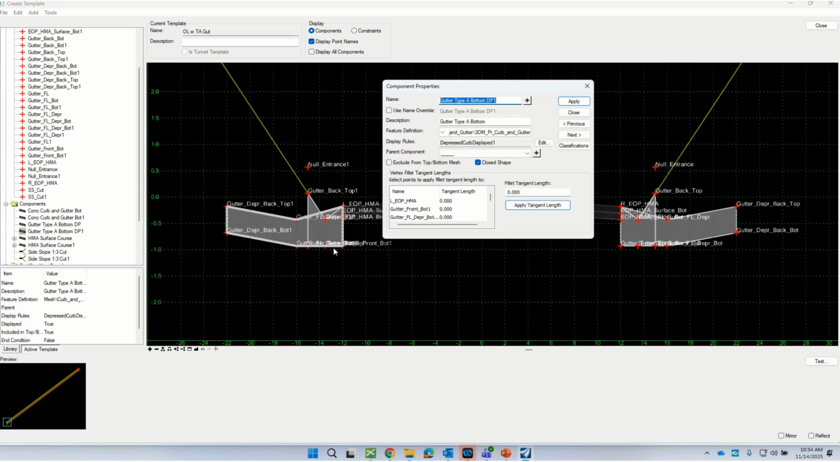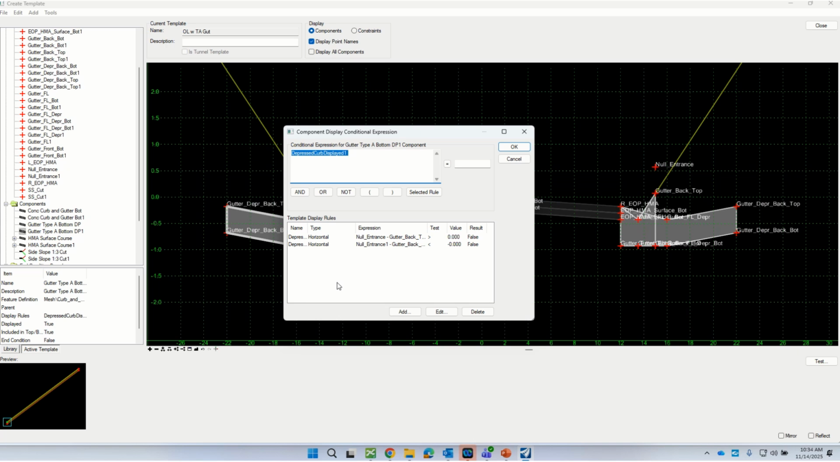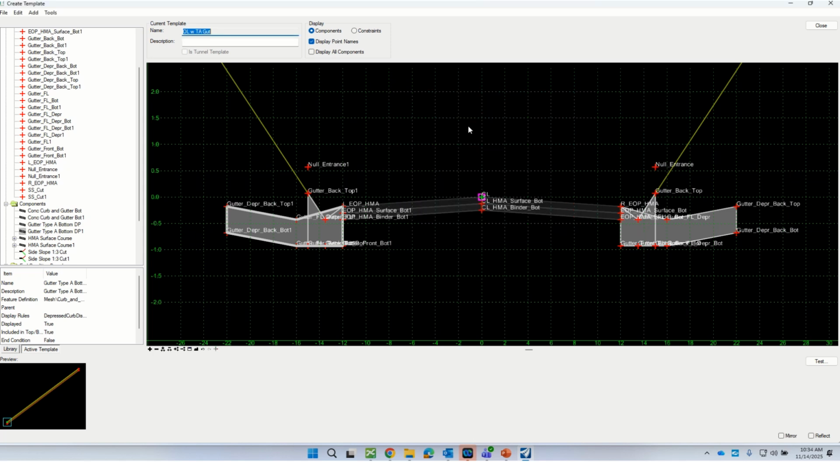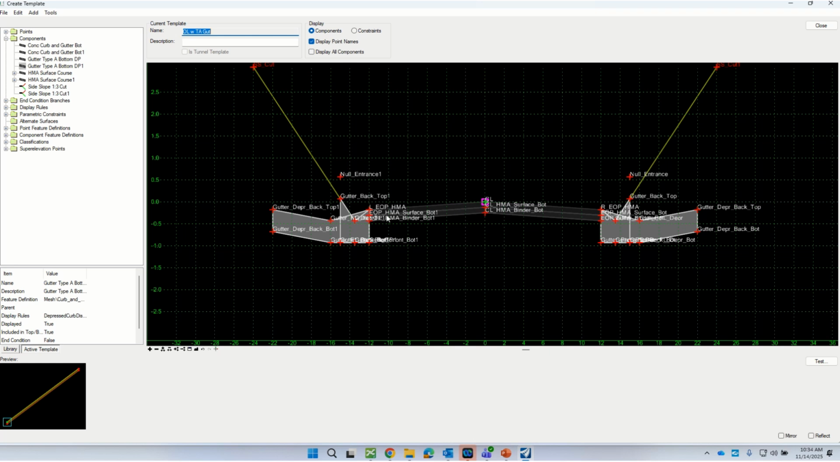But if I was to click on this component here, you can see that there's a display rule to that. And that's the reason why you were not seeing it when I went to the library and got off the active template. And let's see, here they are. We have these component displays or conditional expressions. I'm going to cancel all that because, like I said, I don't really want to talk about that too much yet, but I did want you to see that